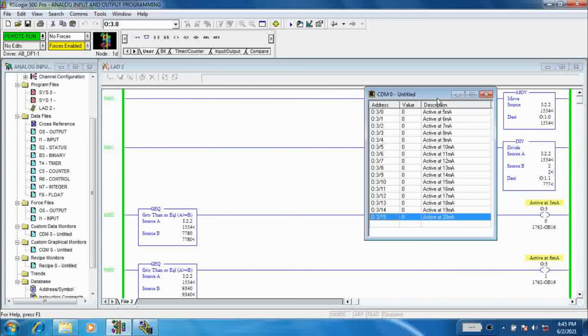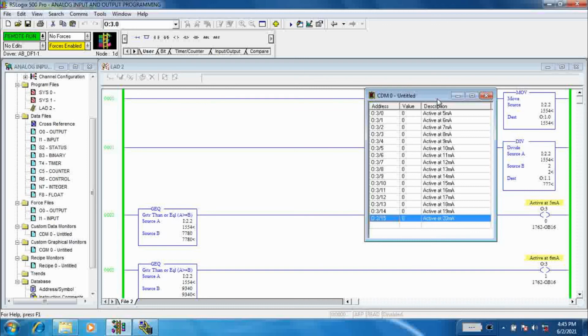Now I am increasing the current value from 0 milliampere. You can see the accumulated value in the division instruction. As the value increases, output 0 is enabled, and then 1, and so on.